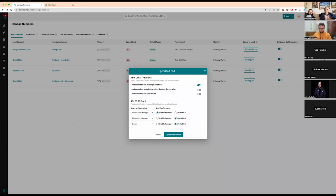So it doesn't ring in the actual CRM. No, it won't ring in the actual CRM because you're not getting a call from the lead. Right. And what's the time delay on the lead entering the system from the time of Zap or Carrot or